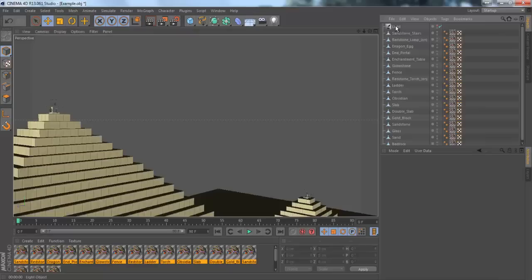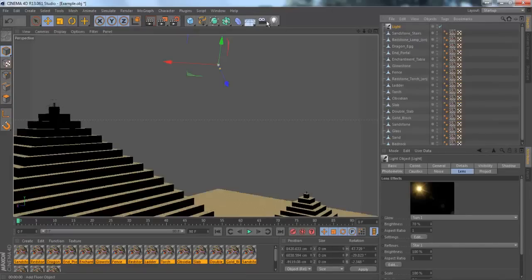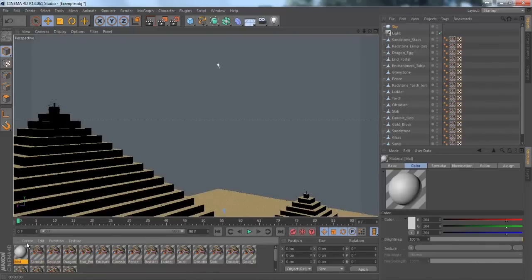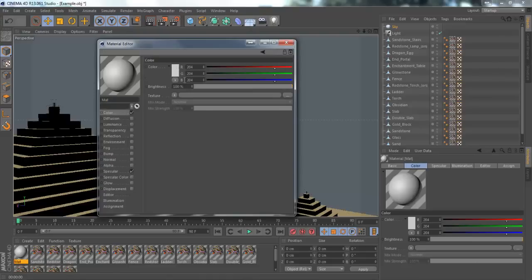The physical sky. But if you don't want a physical sky, then we can also use the regular sky. And for that, you're going to want to double click down here to make a new material. Leave on specular. Got a color here. Click on here,